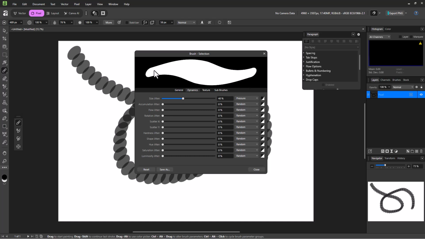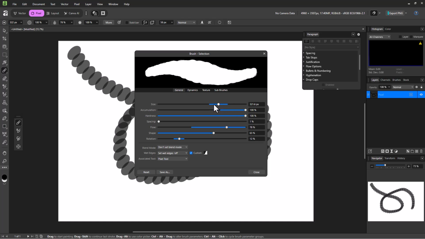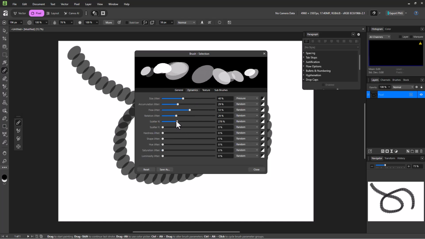And you can see that the brush is dynamic on start and end. You can change around the jitter right here. You can change the flow jitter and everything right here and change the rotation as well. Let me go ahead right here and let's say, for example, decrease the size a bit, change around the accumulation, and then let's say, for example, increase the spacing as well, and you can see the difference right here. You can even scatter out the brush right here as you can see,